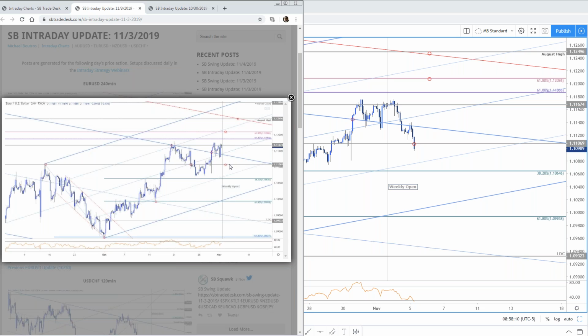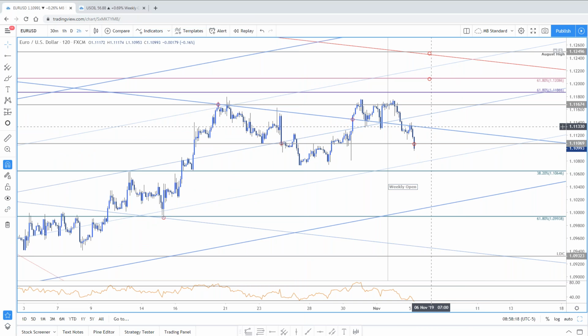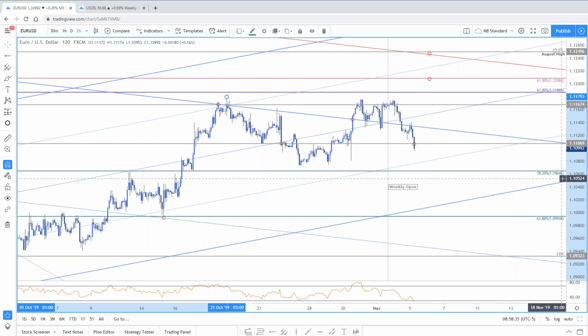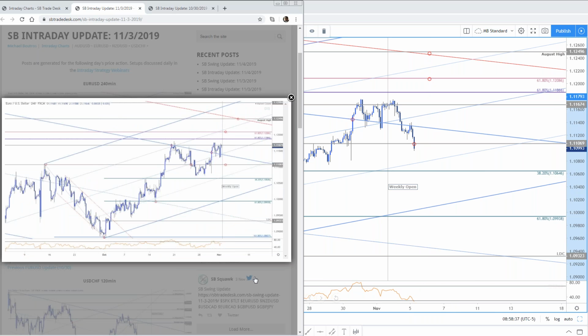I wouldn't chase this into a fresh short positioning, but if you're holding shorts from here, choke up your stops a little bit. Stop would need to be against that swing high. Well, let me take a step back. If you're short from anything around the weekly open, put your stop here and lock in some profit. Look for a response at that parallel, and a 38.2 is the same exact level that we mapped out last week, guys, 1065. So no change